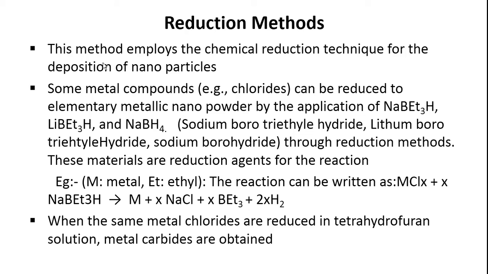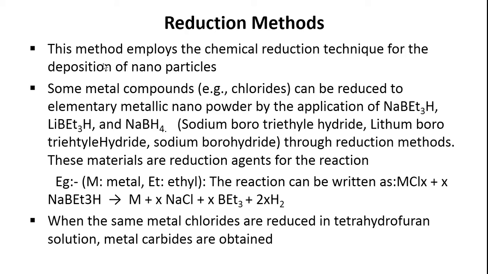Today, we are going to discuss the reduction methods through which nanoparticles could be deposited upon material surfaces. So, what is meant by reduction method? A reduction method is a chemical reaction in which we expend some oxygen atoms and gain some hydrogen atoms, or gain some electrons, during the reaction. Such reduction techniques produce metal particles that can be deposited upon the surface of the material.